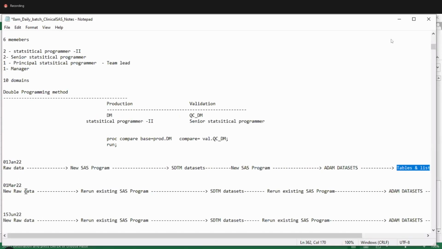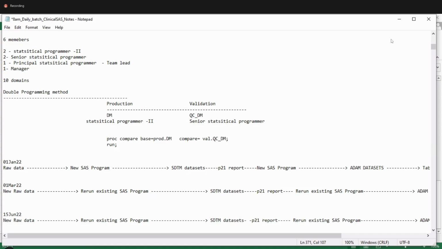After one month, if you get new data again, you don't need to write new code. The SDTM codes are already ready, so just rerun the existing codes and prepare the SDTM datasets. Once your SDTM datasets are ready, your P21 work also starts. Convert the datasets into XPT files and generate the P21 report. Every time this is the work. Repeat. After one month, you get fresh data, run your codes, generate the datasets, generate XPT files, generate